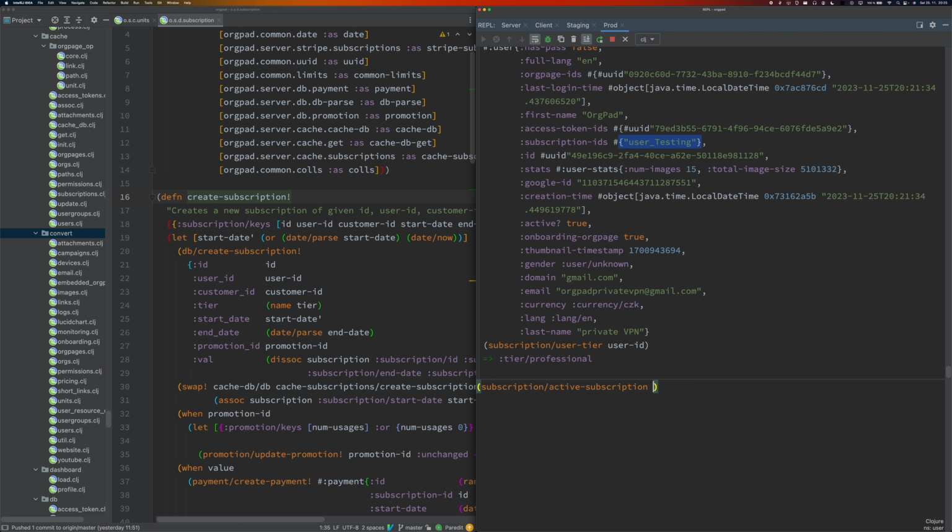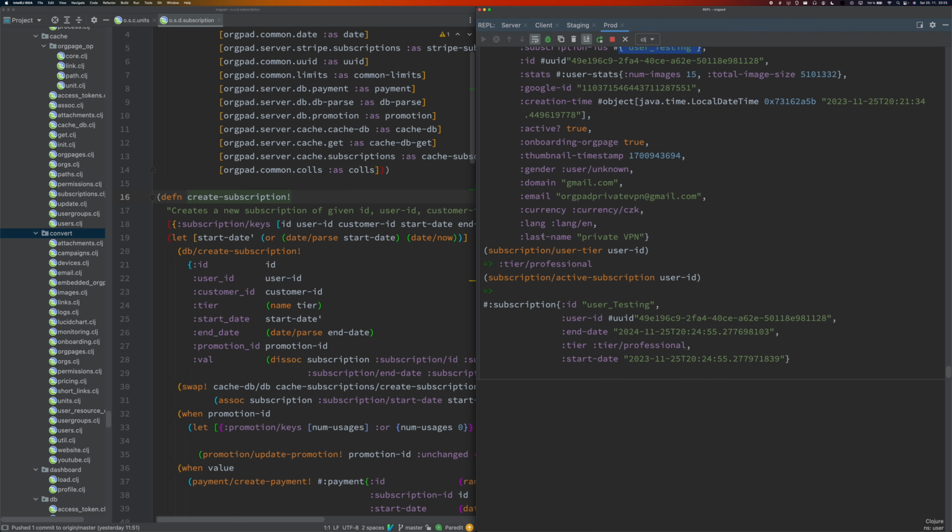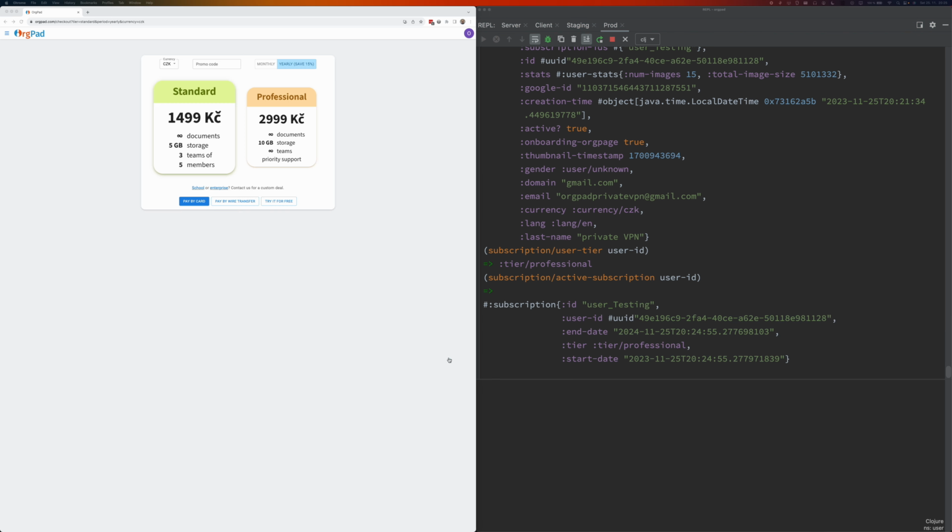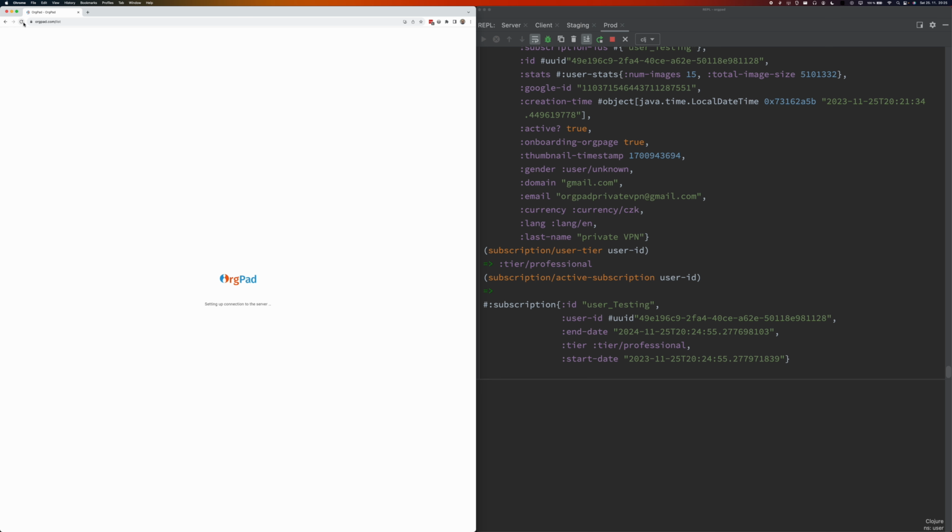I can also get the active subscription for the user, and it's this subscription we have just created. If I go back to the browser and I reload the page, now you can see that I already have a professional tier. In the settings, I have a currently professional plan valid for another year, and it will expire.